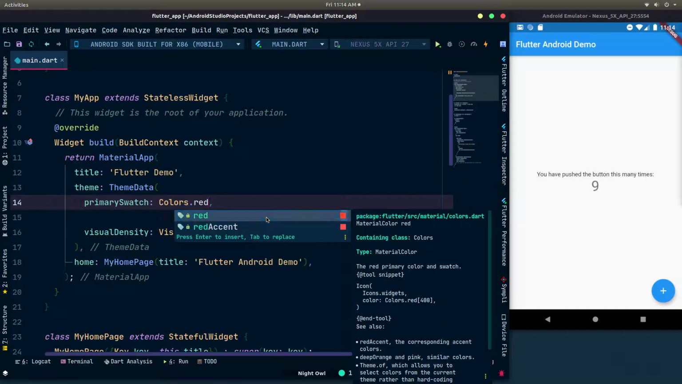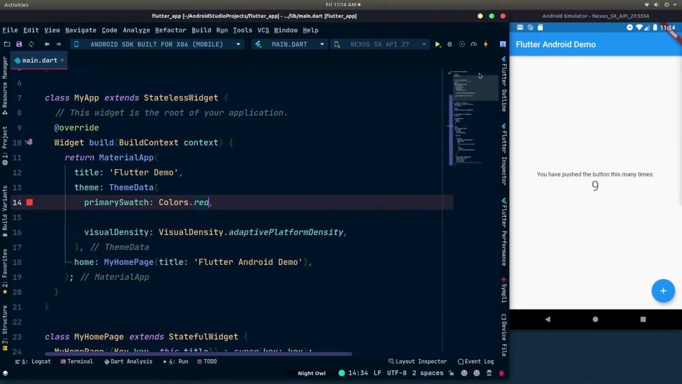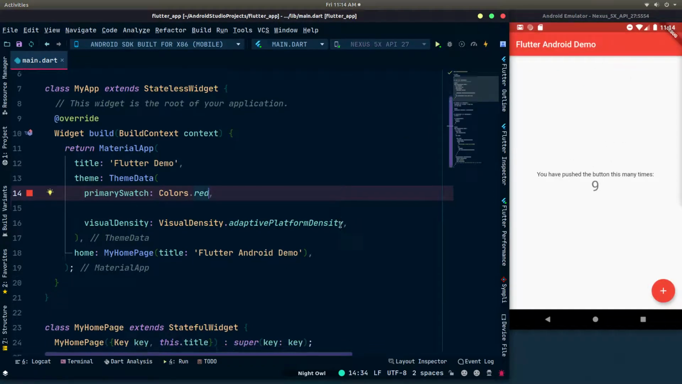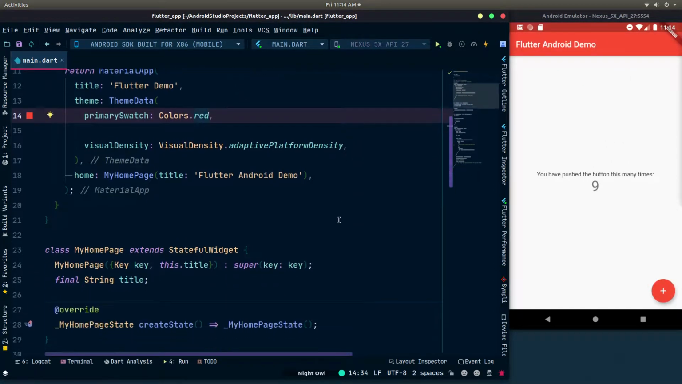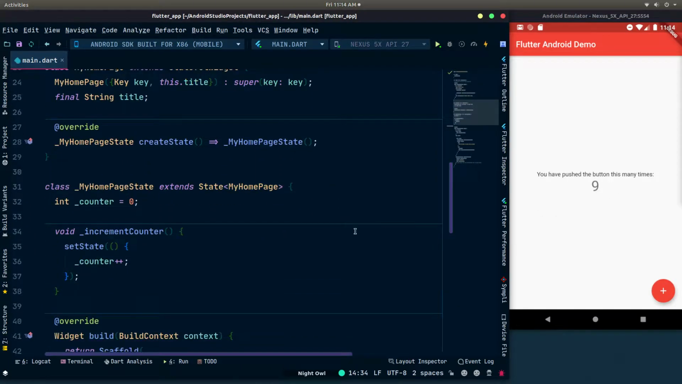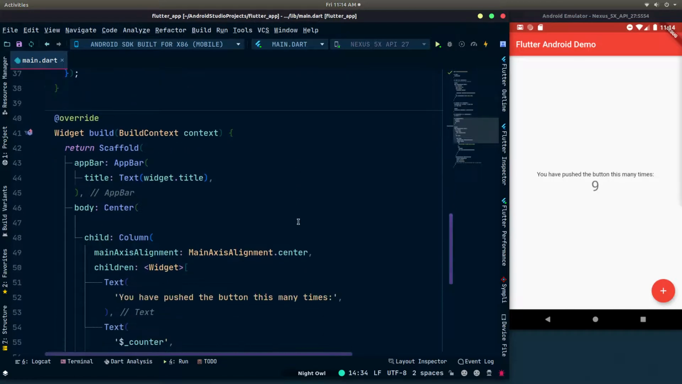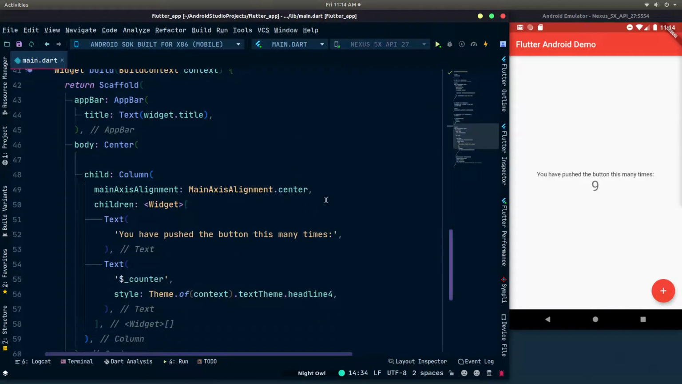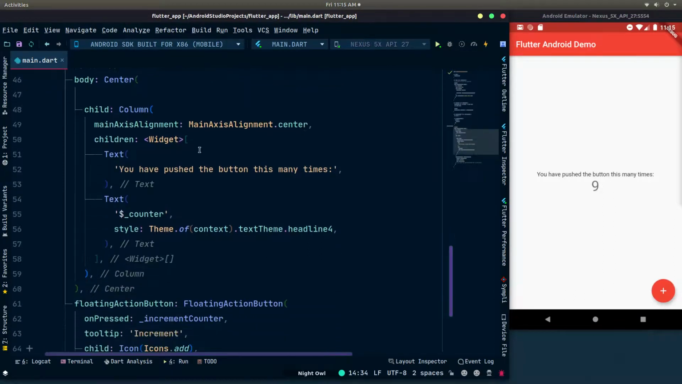Enter, and then hit hot reload, and there we've changed the color automatically like that. Now there's a lot of code here that's related to the counter app, but let's try and see if we can change a few things. So for example, here we have this text. You have pushed the button this many times. We can change this as well, and maybe we'll make it